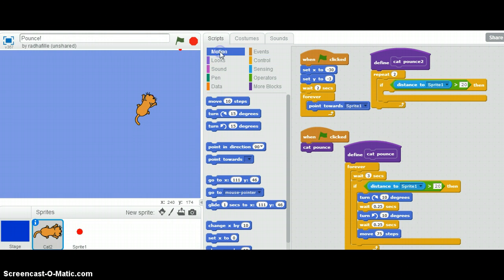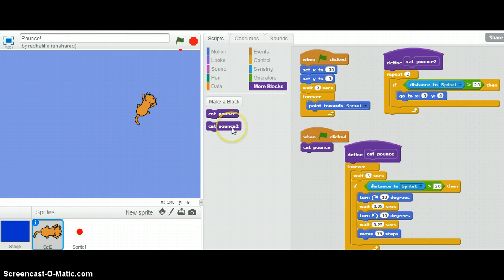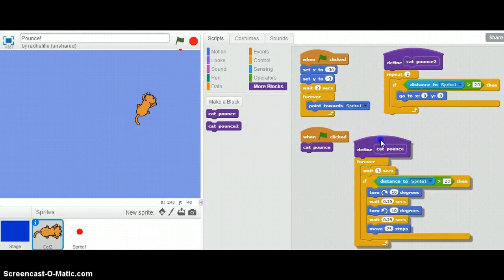So we do motion. So let's have him go to a set position. So 0 and 0. Oops. Okay, so in this case you'll see I have these two actions,